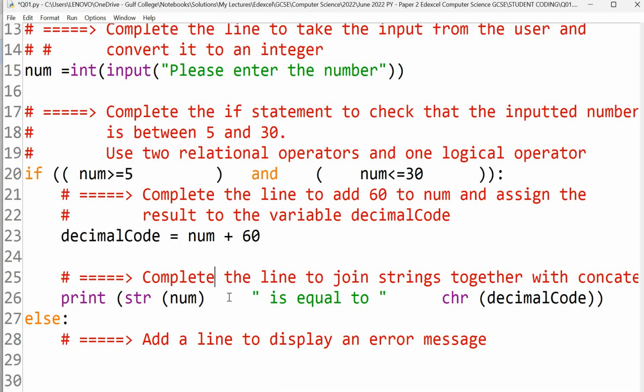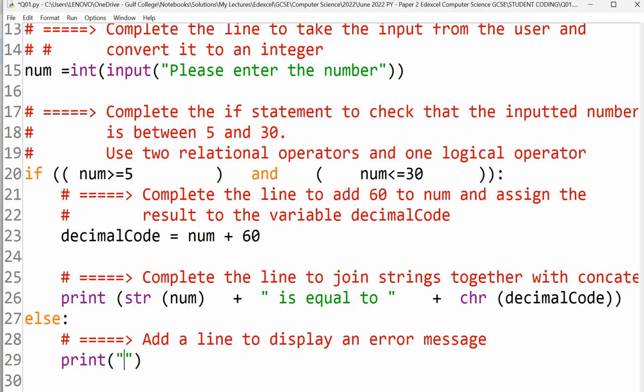Okay, print str num plus, it will show that the string number is equal to, plus character decimal code. Else, what it will display? Add a line to display an error message. It will display the message print invalid input. I'm going to write here invalid input. Now when you run this program,